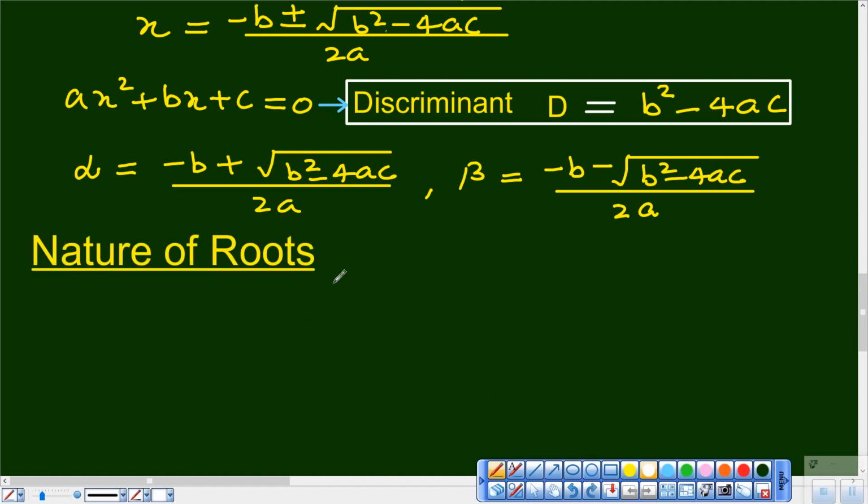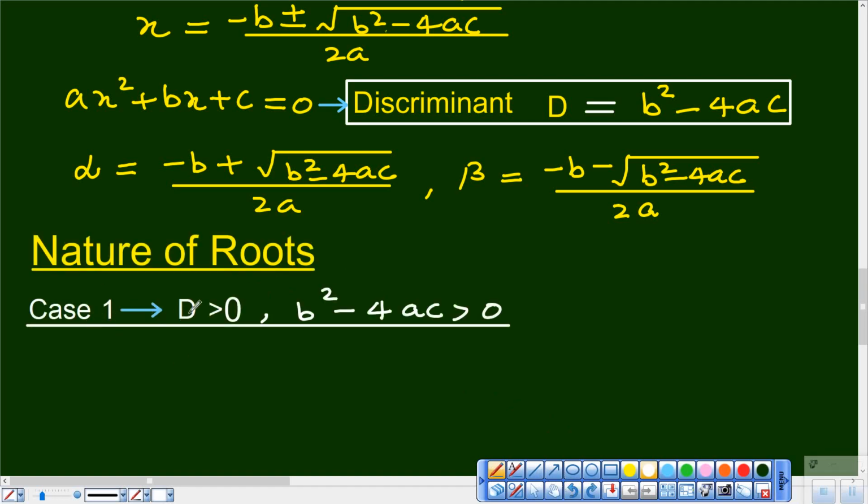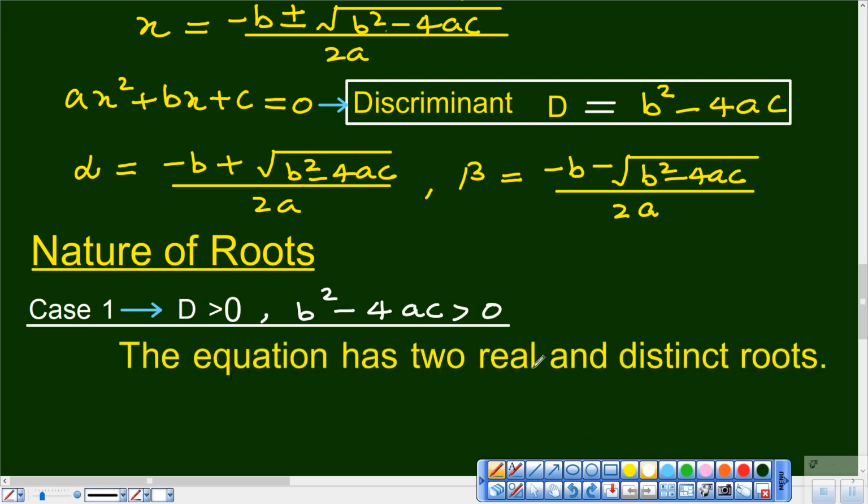So in the first case, when my discriminant is greater than 0, that is b square minus 4ac is greater than 0, look at that. This quantity inside the radical sign in both the roots will be comfortably square rootable because it is positive. And thus we can compute the square root of this quantity in the real numbers itself. That's why the equation has two real roots, and they're distinct too, because something would be added and something would be subtracted. That's why there'll be different roots.